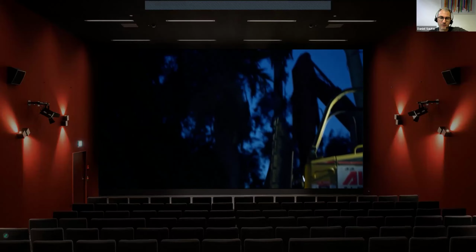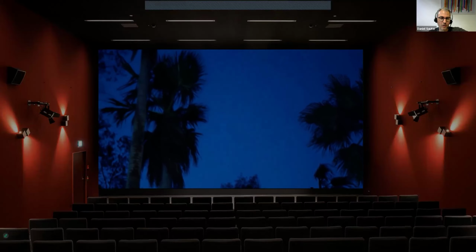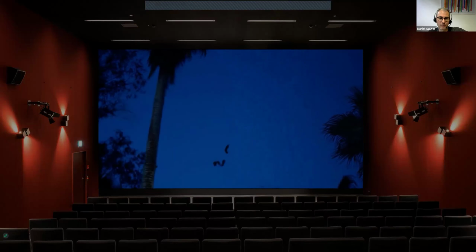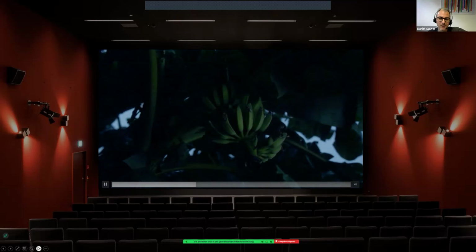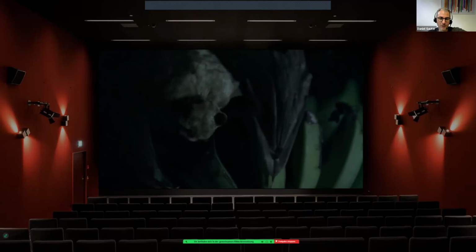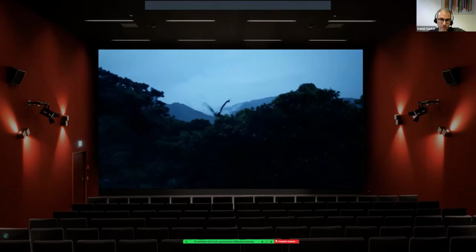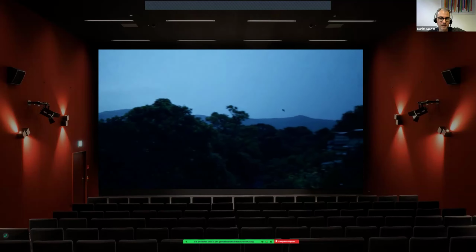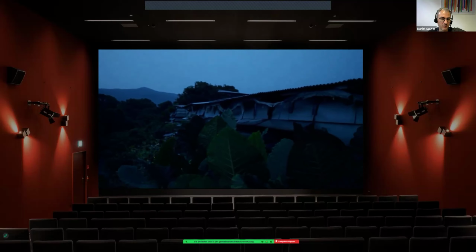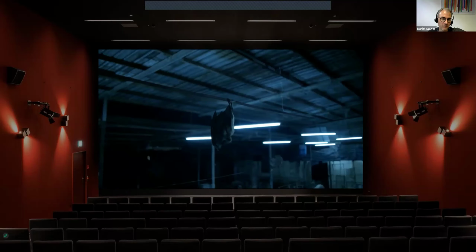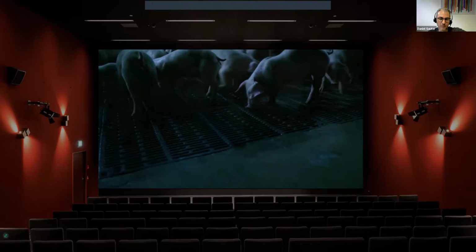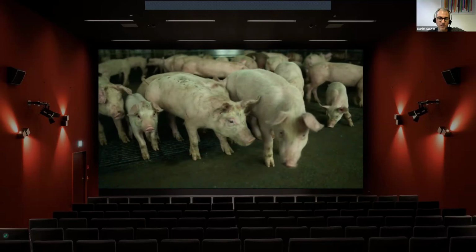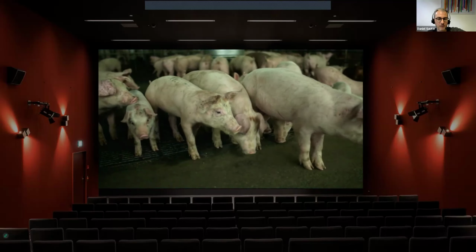So it starts with deforestation of the natural habitat of bats. So these fruit bats carry the virus, this hypothetical virus in the movie. They feed on bananas and they contaminate these fruits. And then these contaminated fruits can transmit the virus to pigs, for example, which serve as carriers.